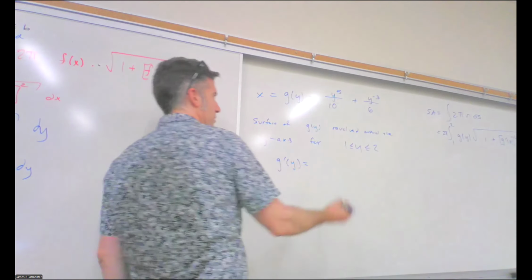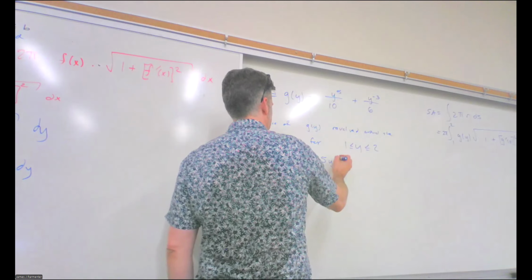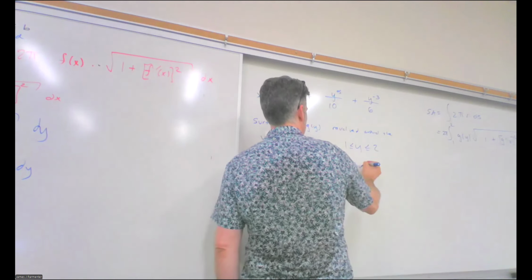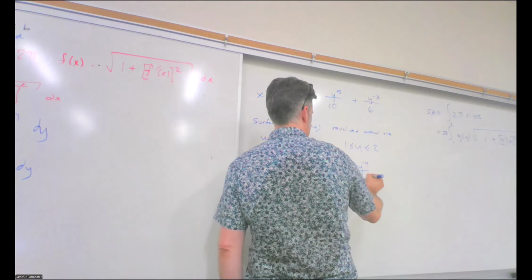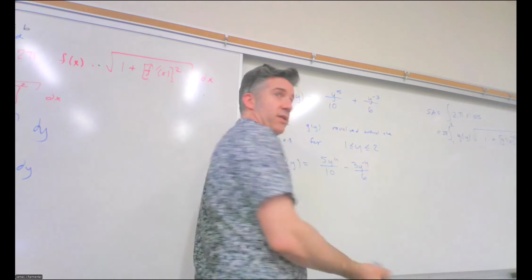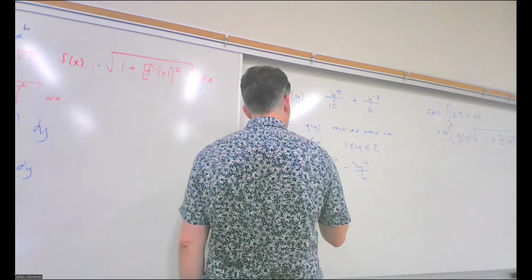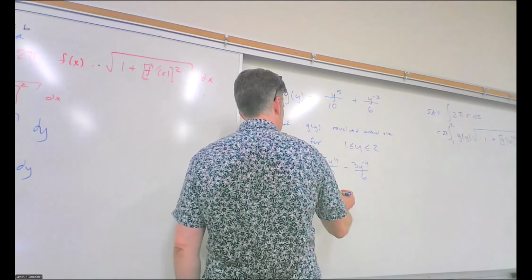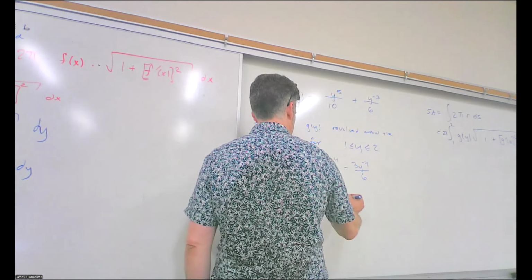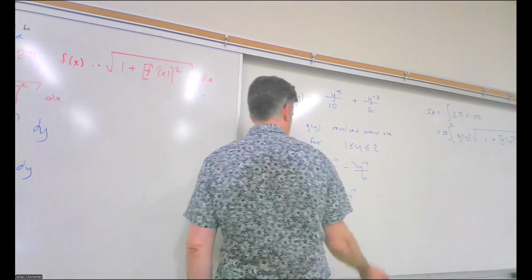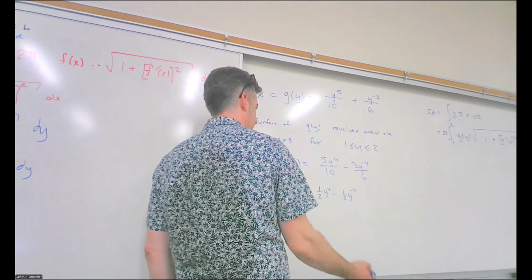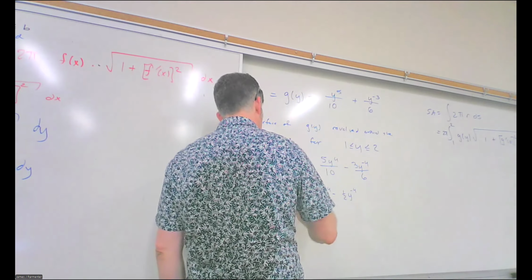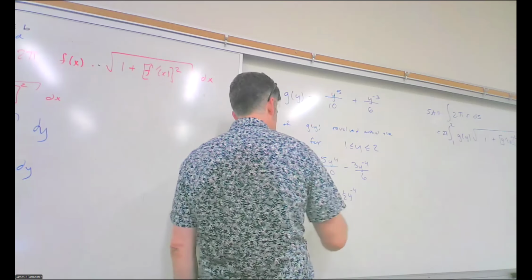But what should happen is the following. g prime of y is going to be 5y to the 4th over 10 minus 3y to the negative 4th over 6, which we should definitely simplify. That's 1/2 y to the 4th minus 1/2 y to the negative 4th. Yeah, that should work out fine. And then we square it. g prime of y squared is going to be,